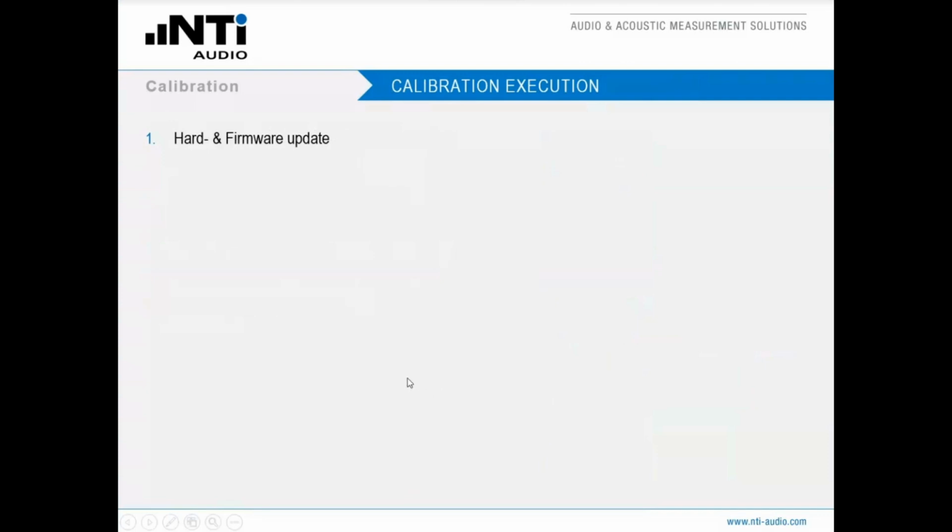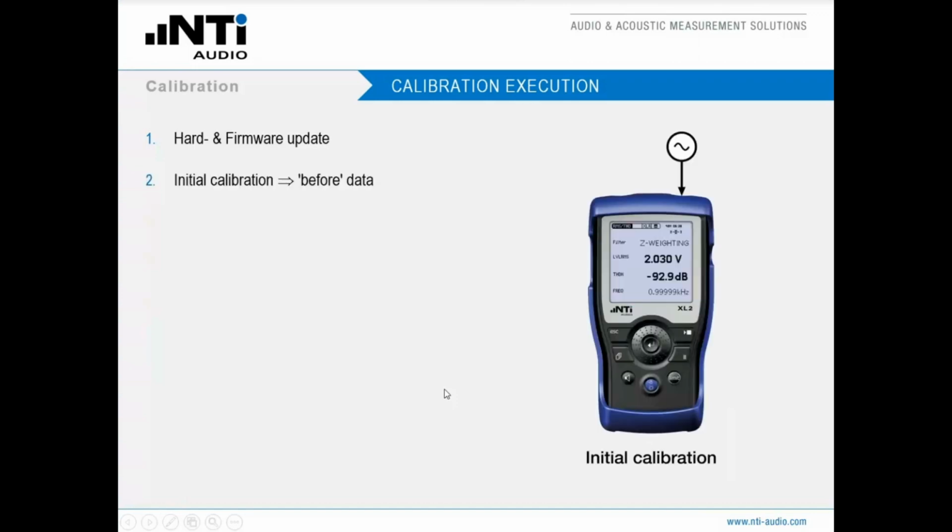What happens here? The first step is that we will execute a firmware update if necessary and if compliant to the type approval, of course. Then we will do an initial calibration. So we will calibrate the instrument, we will verify the status of the instrument and save the acquired data as the so-called before data. Then we will do an adjustment and execute a second calibration, which gives us the after